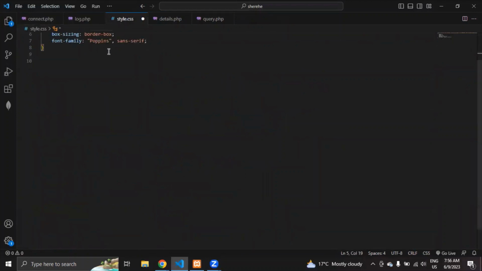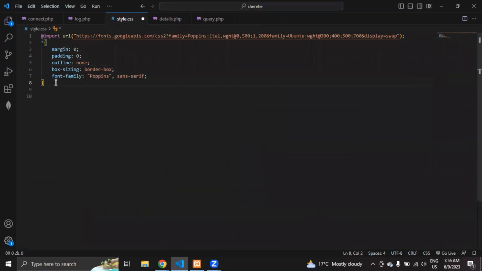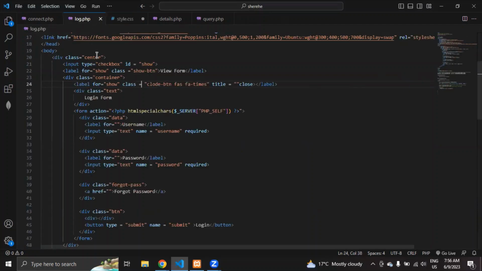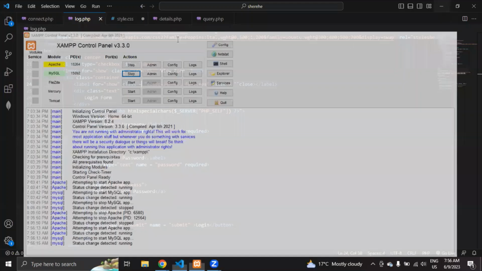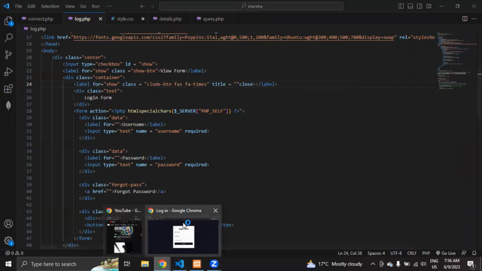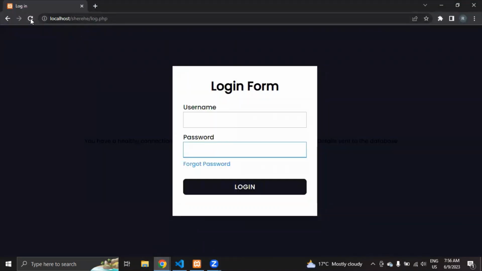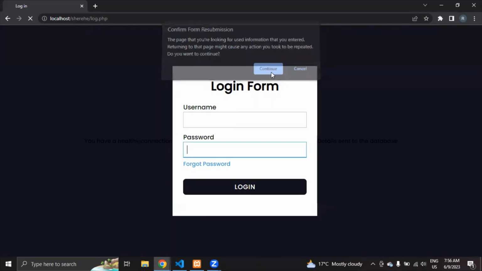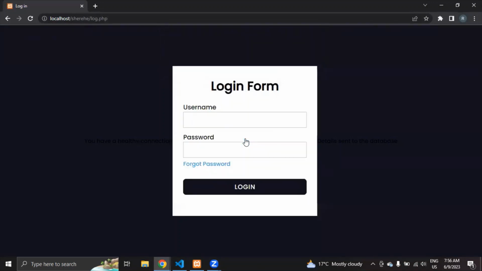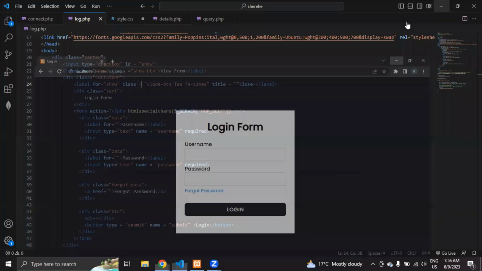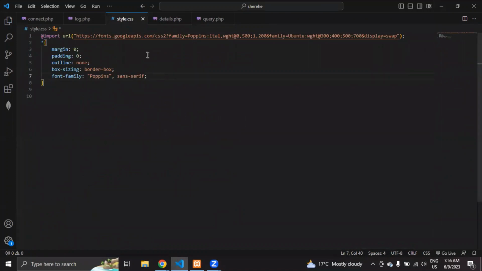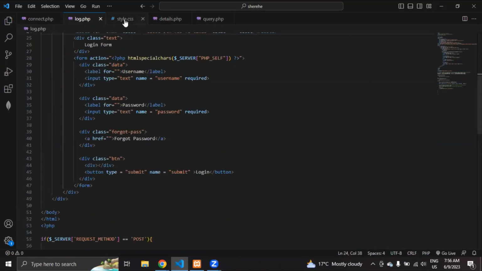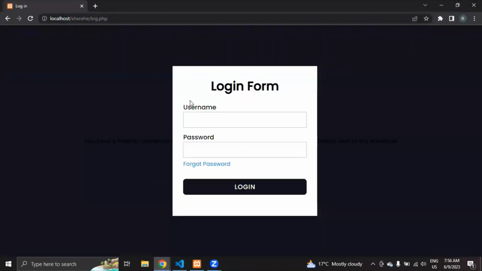And go to the style.css. Within the style.css, this is where you're supposed to declare and arrange this form. Currently, if we look at this form, we have to start our servers first. Currently, if we go and check on this form, sorry, that was the previous one. If you go check on this form and refresh it,